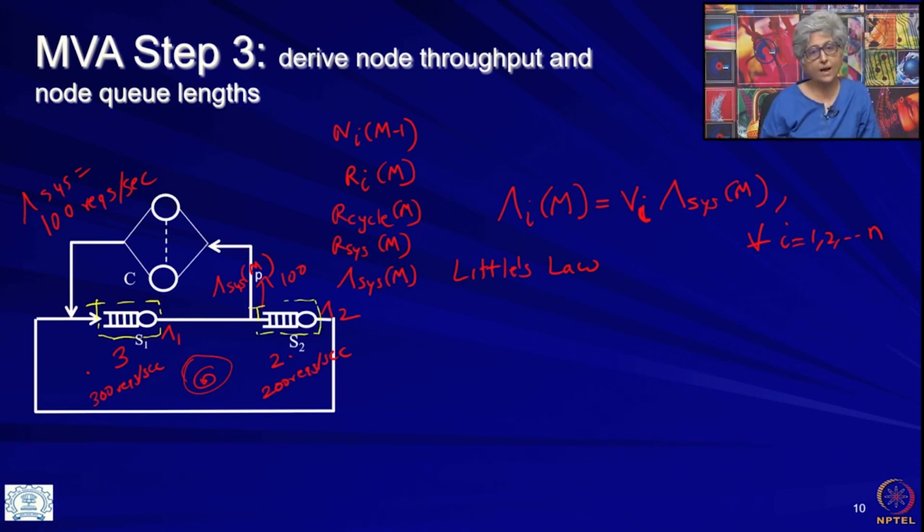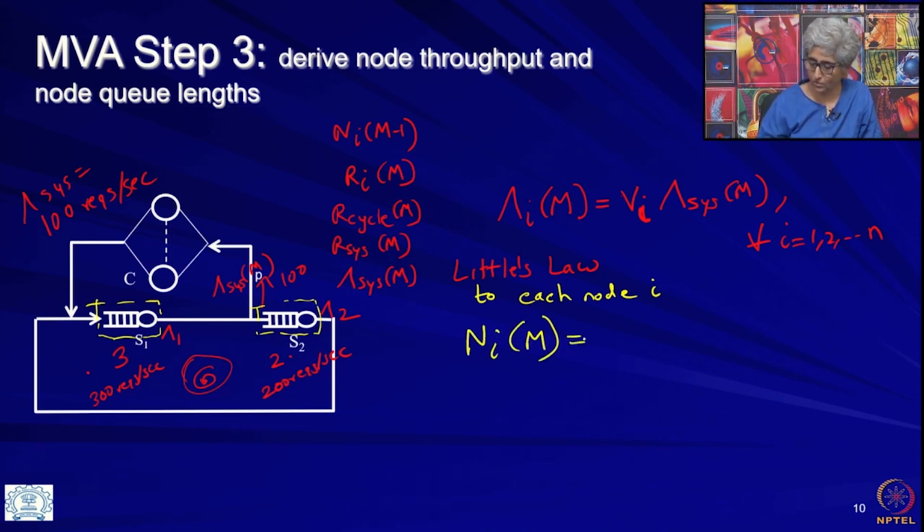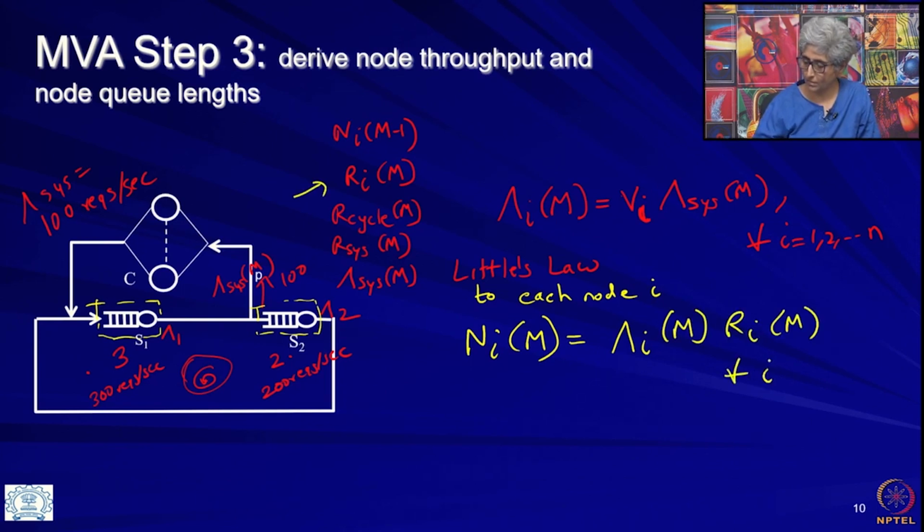If we apply Little's law to each node i, what do we get? N_i(m) is going to be equal to lambda_i(m) times R_i(m), which we got previously,